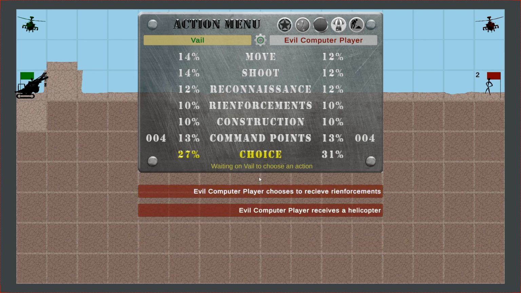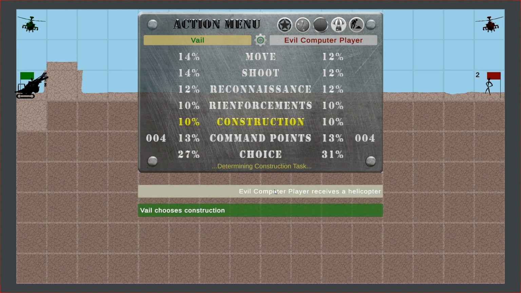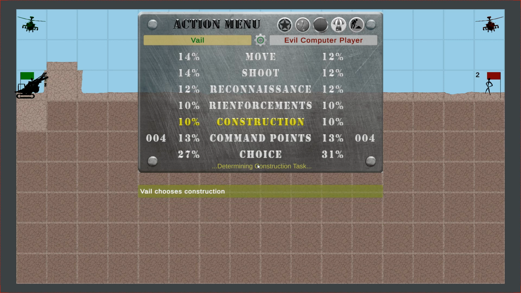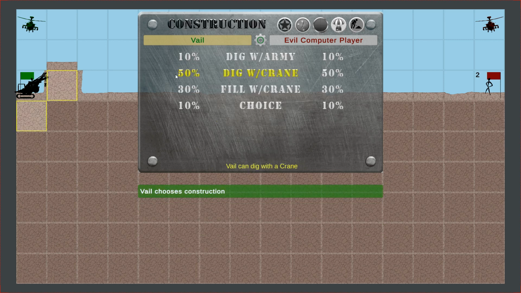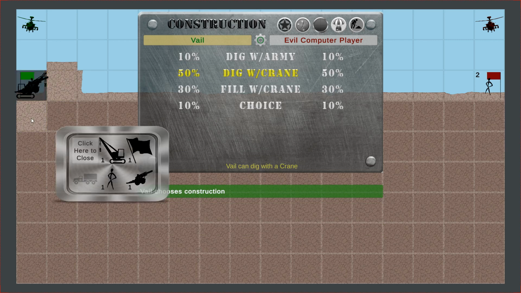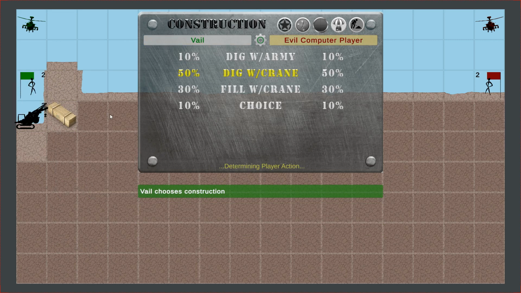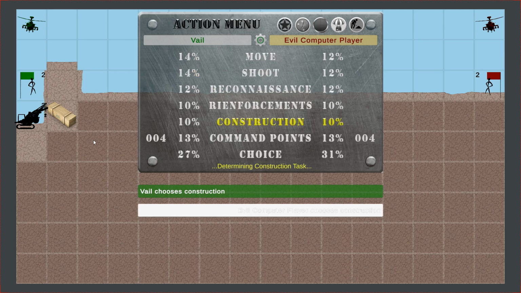Let's see. Okay, so we get to choose an action again. Let's do some more construction. Man, all right, so it's going pretty slow. We can dig, so we can remove what we just built here, or we can go down. And we discovered a nearby crate here. That'll be helpful. That gives us bonus supplies if we